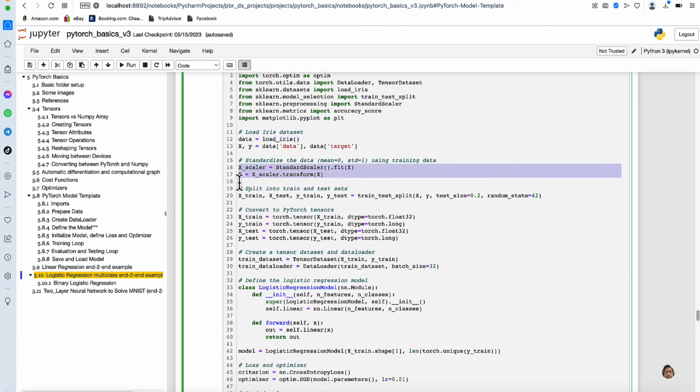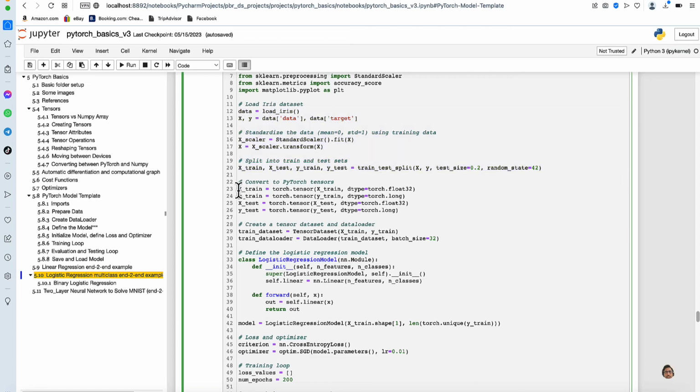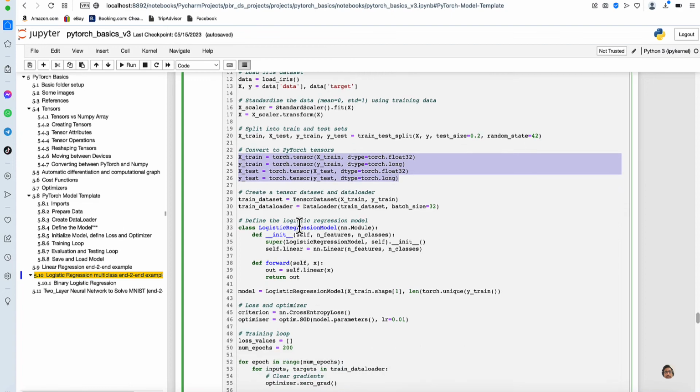So here we are doing scalar operation. Here we are splitting train and test dataset. This is standard for any ML algorithms that are there in sklearn. This is where we are converting them into PyTorch tensors. From numpy array we are defining the data type and then saying torch.tensor. So this is straightforward. Once you have extended x, y, we create a train data set by calling tensor dataset,